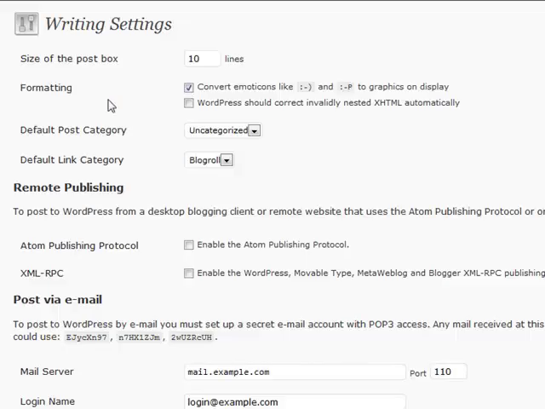All right, write settings. This basically will allow you to do a couple of different default actions for writing blog posts, as well as some advanced blog posting actions. First of all, we're going to cover the size of the post box. So whenever you're posting a new post or page, and you have a lot of content that you want to do without toggling to the full screen, you want to be able to just adjust the size of the